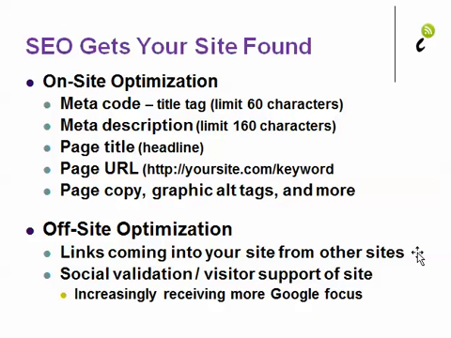And that's where Google is now saying, hey, it's way too easy for people to go find links and buy links and whatnot. What we really think is a more valuable measure of whether or not a website is important is whether the users are finding it of value. So things that Google looks at are: are people sharing your content on social media? Are people spending time on your site? If they go in and see in Google Analytics that, hey, guess what, your average visitor is only spending 28 seconds on the site,